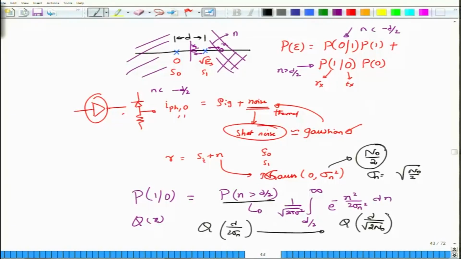Okay. I am assuming that the noise variance is the same whether you transmitted bit 0 or bit 1, although again go back to our assumed definition of Gaussianity. Okay. So, this is what I am actually looking at. So, this would be the probability of n greater than d by 2, which is given by this. Of course, I have only evaluated this error. If you assume P of 0 equals P of 1, then the errors are symmetric, and this would actually be equal to the total error that I am actually going to make.